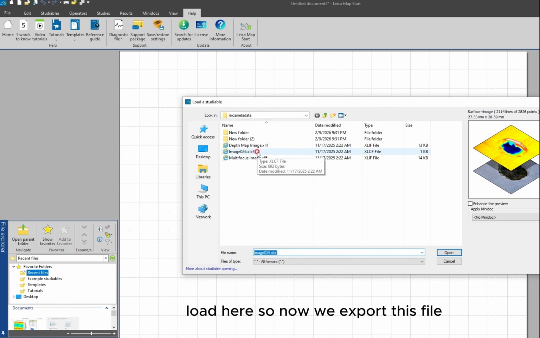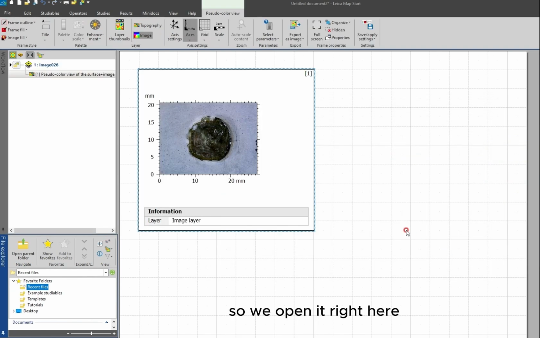Load here. So now we export this file, the XLCF file, which contains our processed image or scanned image from the microscope. So we open it right here. So now we have it in here, and the next thing is we have to